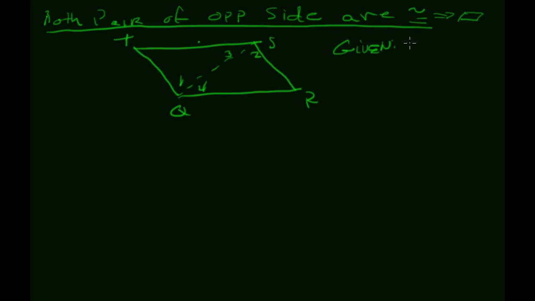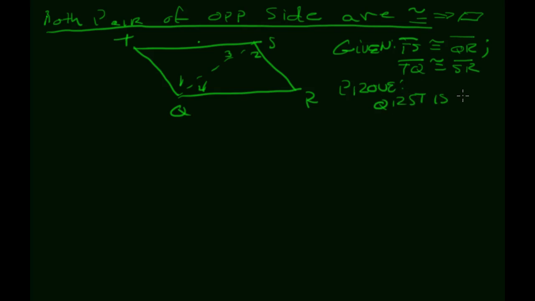So we're going to be given that segment TS is congruent to segment QR, and we're going to be given that segment TQ is congruent to segment SR. And we want to prove that